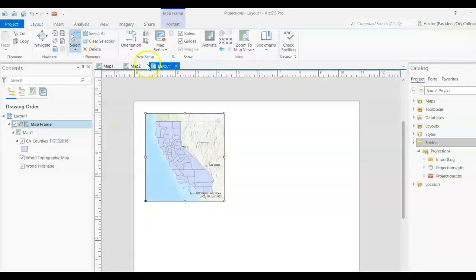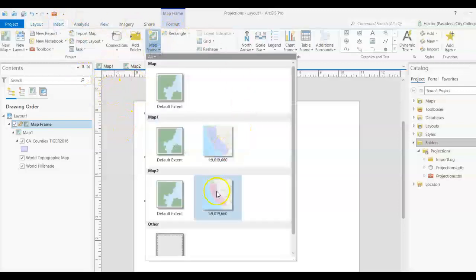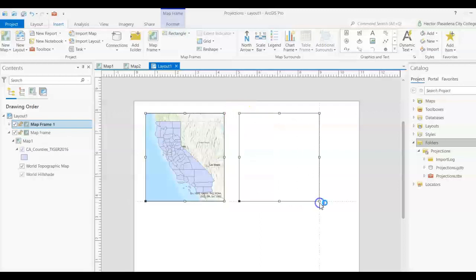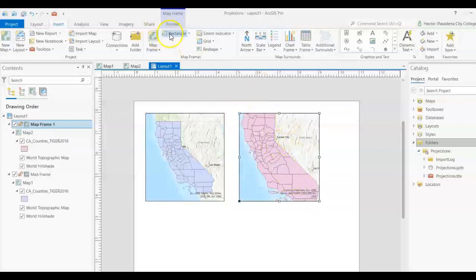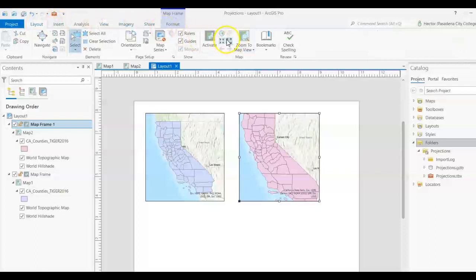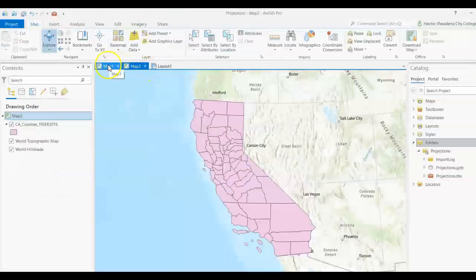So in the layout, I could come once again and insert a new map frame. And then here I would be using this California projection, right? Let me view this as a layout. So let me just zoom out slightly there, right? So you can see these smaller differences. Let me come back and then also